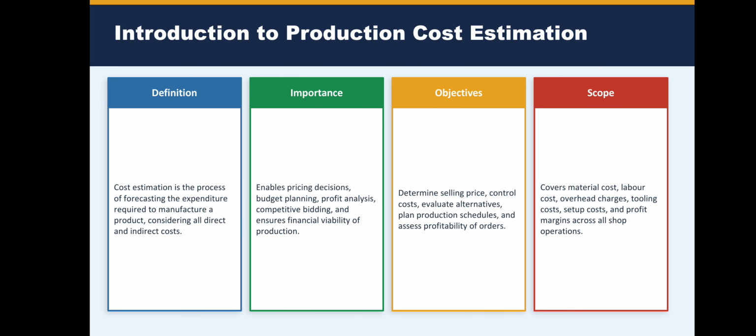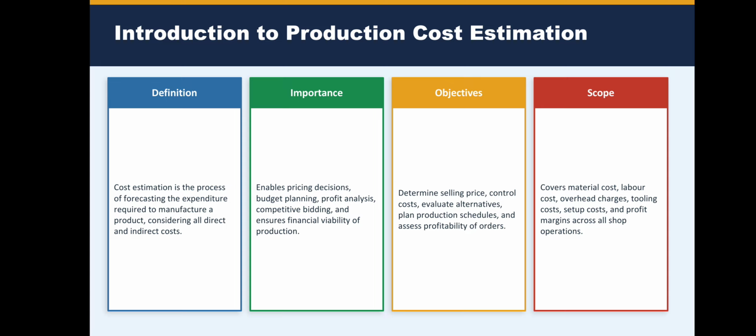Coming to the introduction to production cost estimation, the definition of cost estimation is the process of forecasting the expenditure required to manufacture a product, considering all direct and indirect costs. The importance of cost estimation is that it enables pricing decisions, budget planning, profit analysis, competitive bidding,